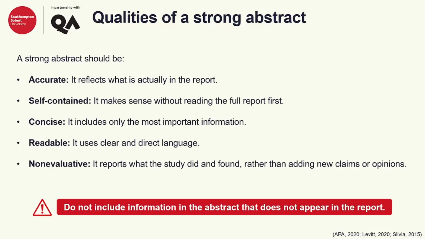First, it must be accurate. Every statement in the abstract should reflect information that appears in the report. For example, the participant number must match the number reported in the method section. The theme names should match those presented in the analysis. The conclusion should also be consistent with the interpretation developed in the discussion section. Accuracy is one reason why writing the abstract last is helpful. You can compare each sentence with the complete report and check that there are no inconsistencies.